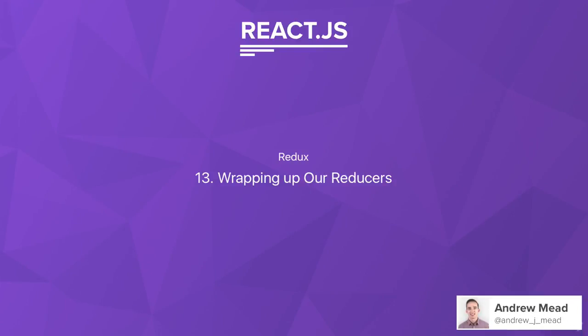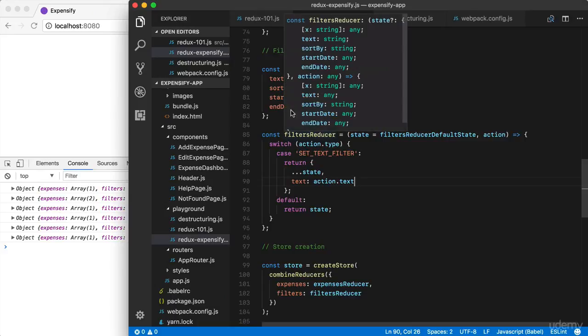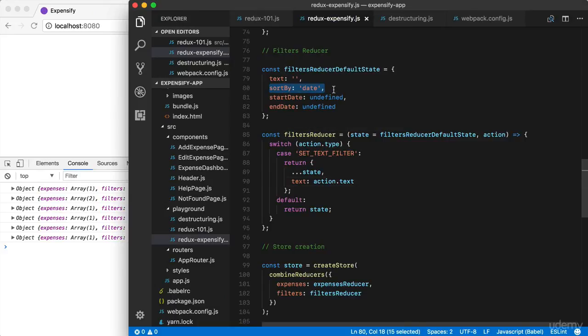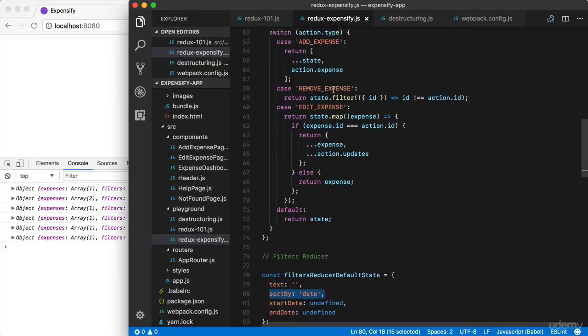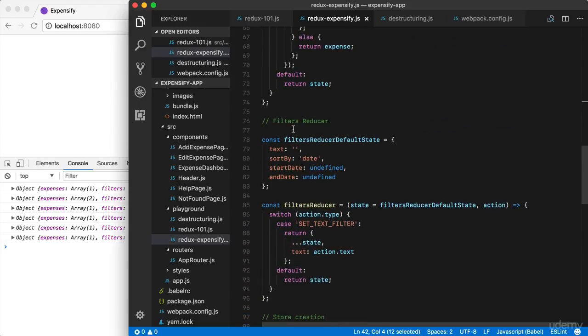The expenses reducer is already complete. In this one, we're going to finish off the filters reducer. First up, we need the ability to change sort by, and that is done via two actions, sort by date and sort by amount. If I dispatch sort by amount, the sort by value is going to be the string amount. If I dispatch sort by date, the value is going to be date,